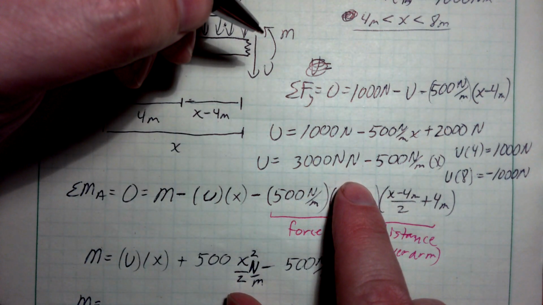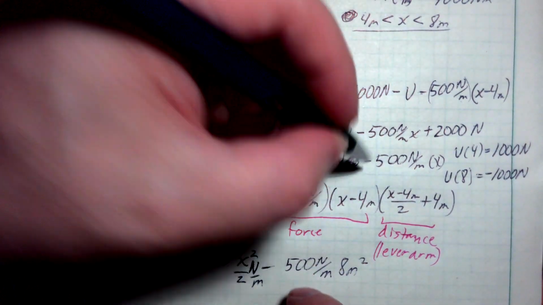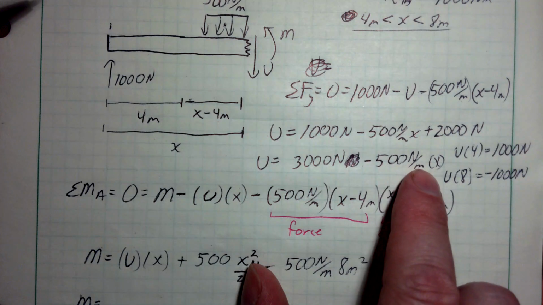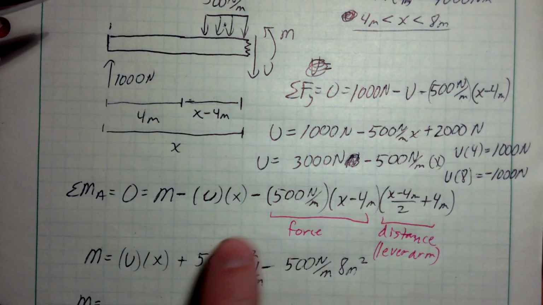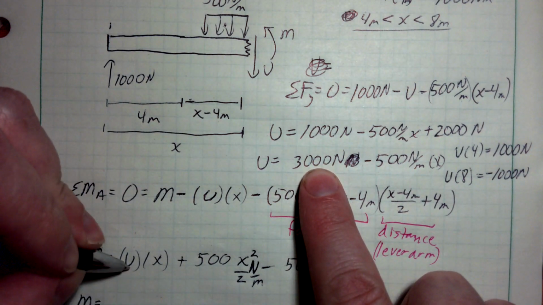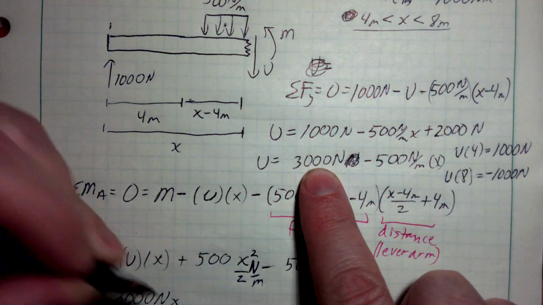It's Newton meters, right? No, it's just Newton. I don't know why I've got 2 newtons there. 3,000 newtons minus 500 newtons per meter times x, and that gets multiplied by another x. So I've got the shear is going to be 3,000 newtons times x